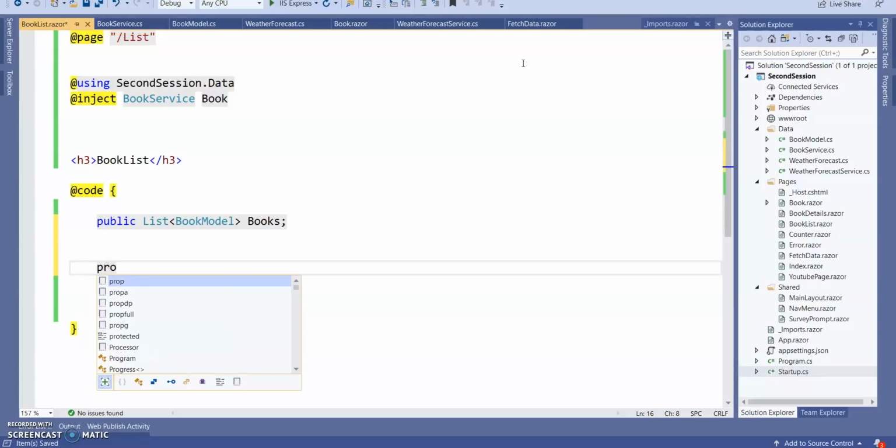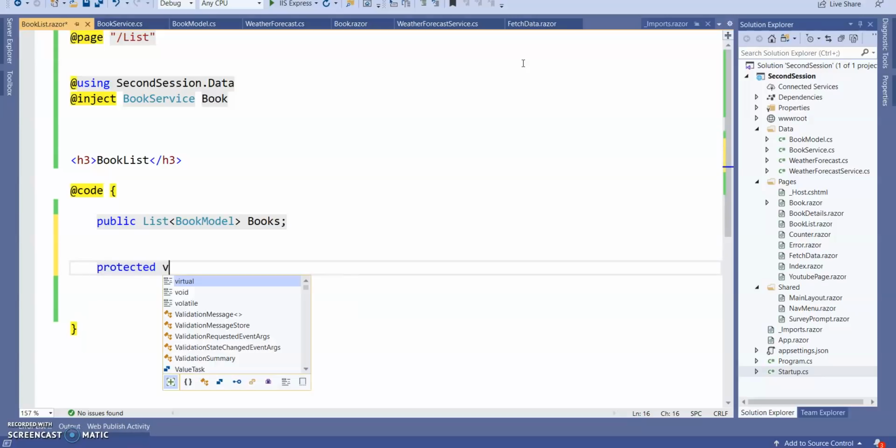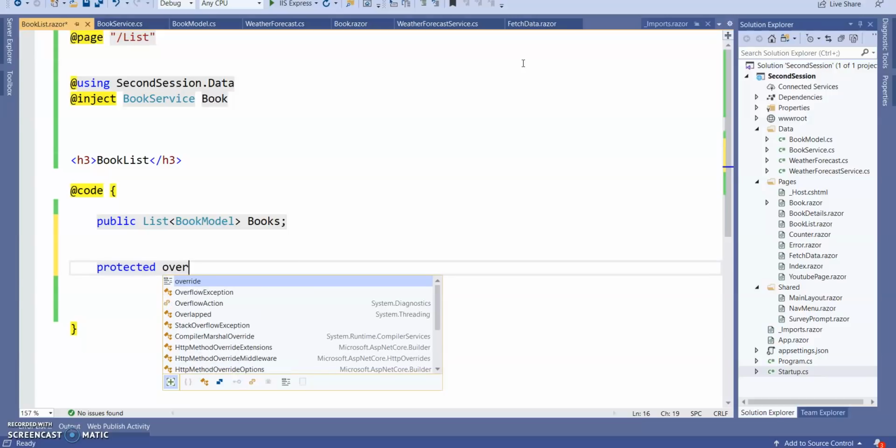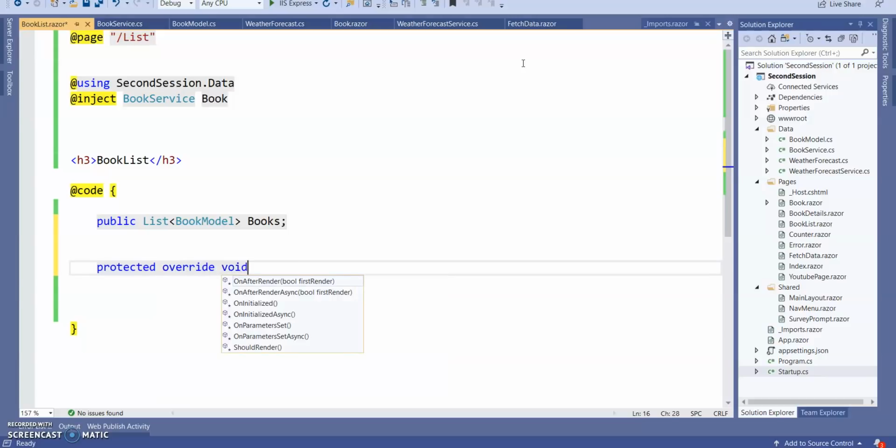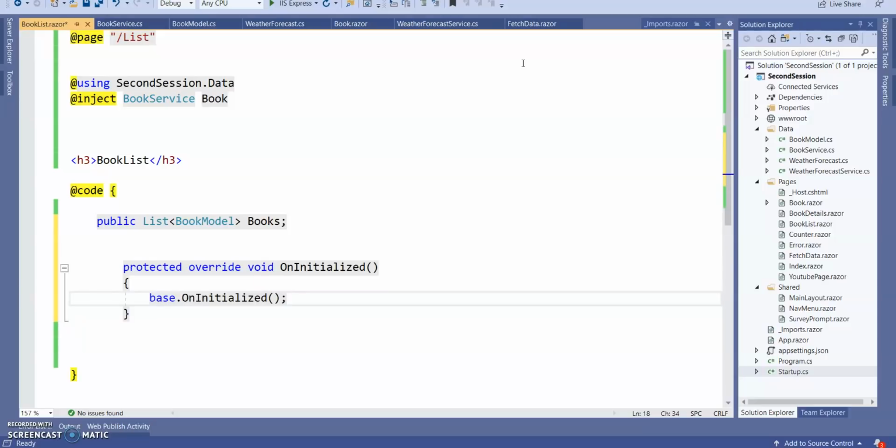Protected override, so books equal to book.GetBookList.